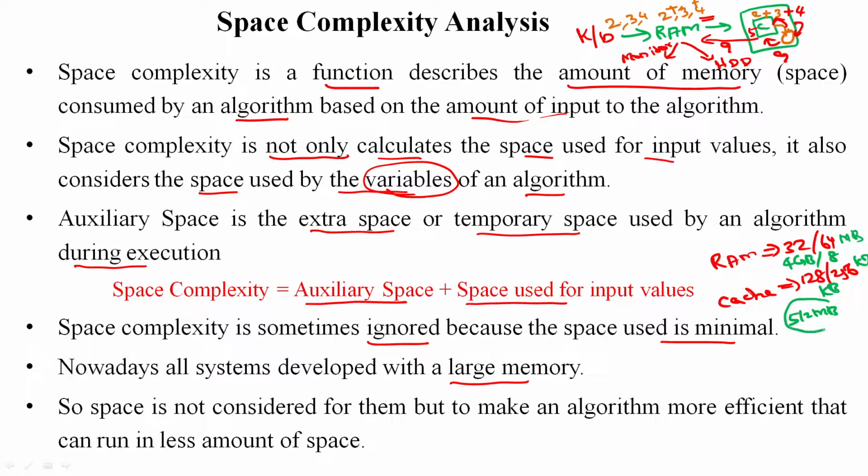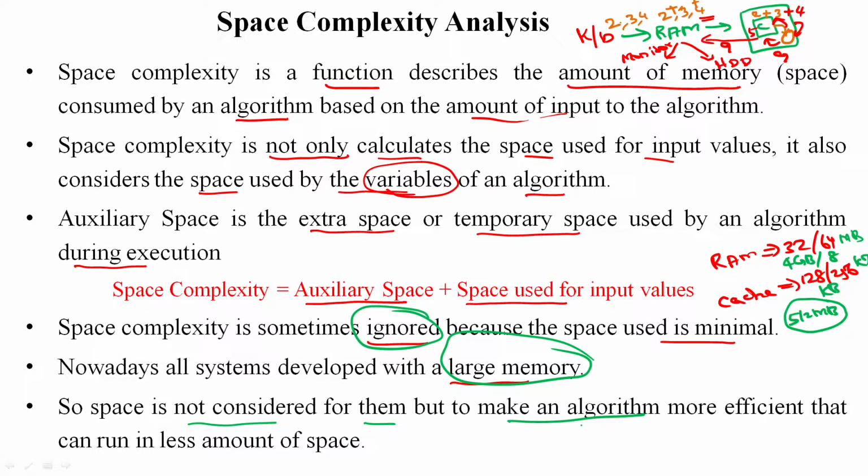So more memory devices are available at a cheap rate. So space complexity is ignored due to the availability of large memory devices at low cost. But as software engineers we should know how to calculate the space